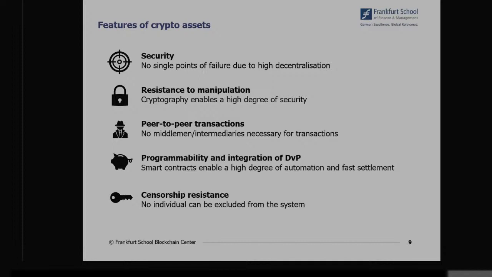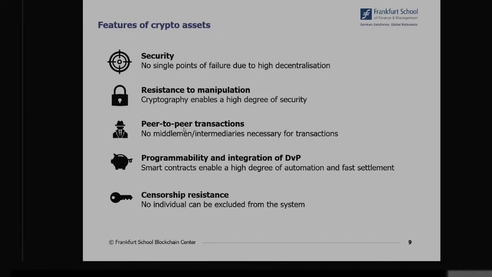The second advantage is resistance to manipulation, because the cryptography used for blockchain systems makes it really hard to forge or manipulate transactions. Therefore, this is another advantage which comes with crypto assets, because it's kind of impossible, or at least a very, very, very low likelihood, that transaction data can be manipulated. The third benefit is